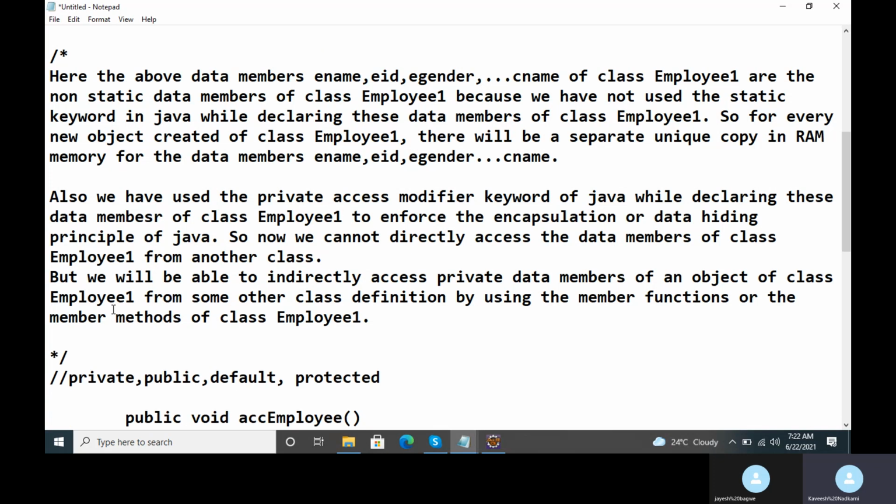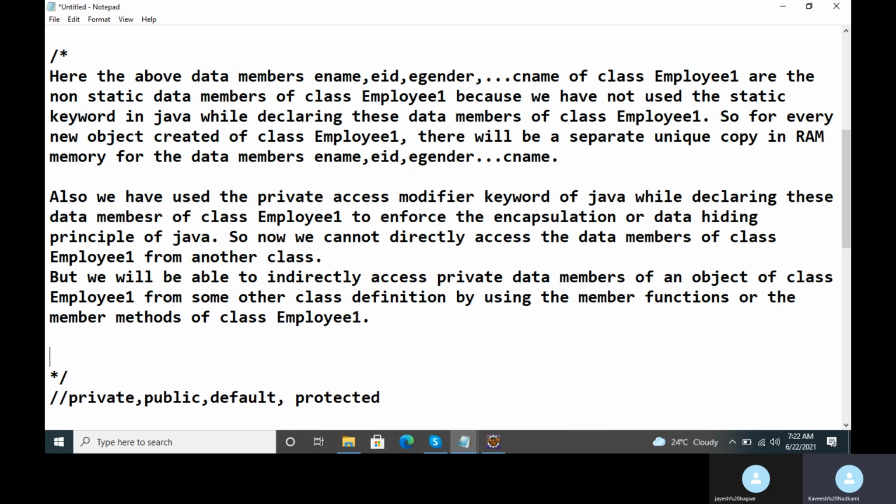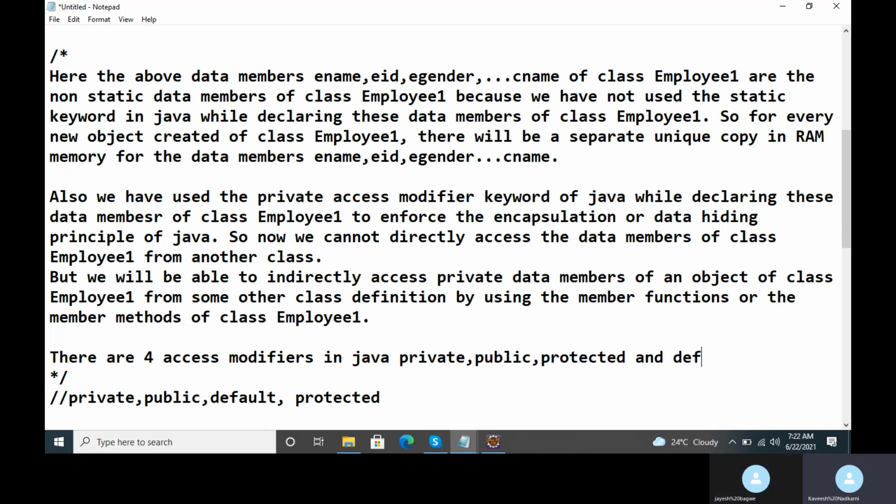Now, as I told you, there are 4 access modifiers in Java: private, public, protected, and default.